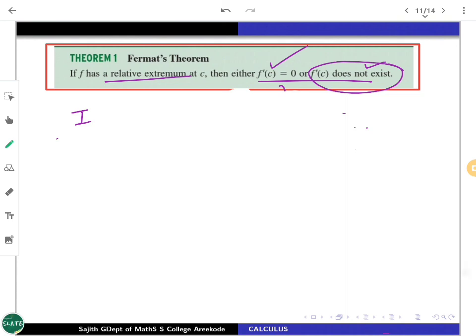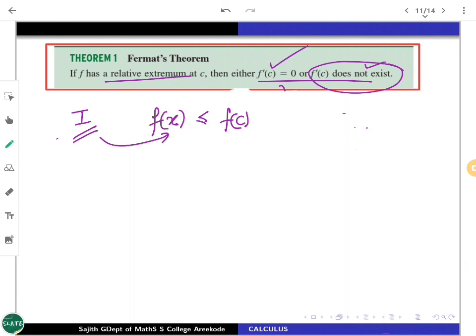And we are assuming that it has a relative maximum. What's the definition? Then there comes an interval I. If you are working with f of x, if x is inside I, then f of x should be less than or equal to f of c. You are assuming that at c we are going to have a relative maximum. So we are getting an interval I, and inside that interval, f of x is less than or equal to f of c.